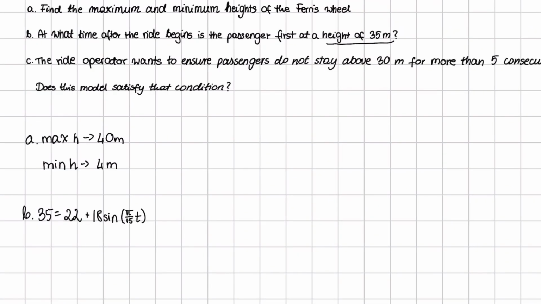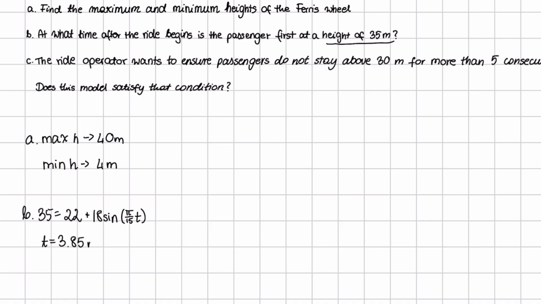So you can simply find it on solver or on our graph function. You have to choose gsolve, then x calculate, and then enter y value, and our y value is 35, and we have x, so our t time